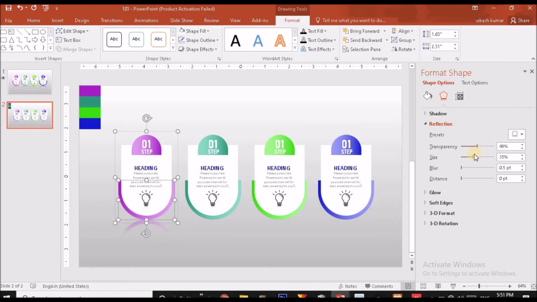I will increase the distance, like I want this reflection something here, and I'm going to make the size bigger, like I'm going to increase the size of the reflection.